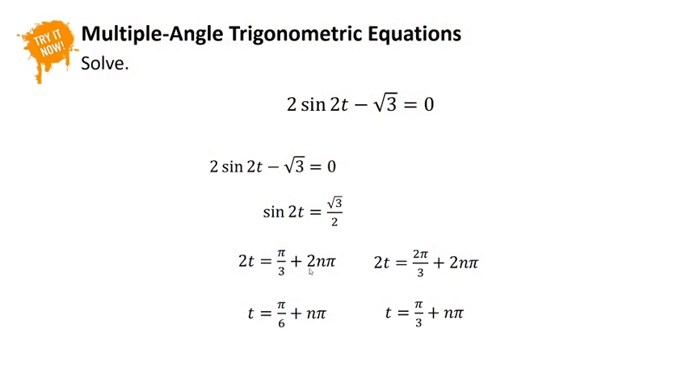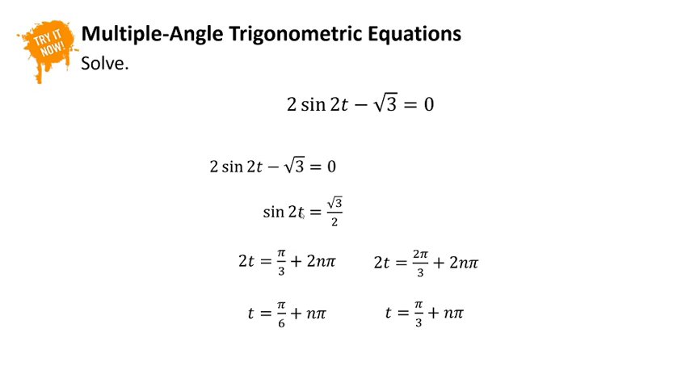Welcome back. Well, this is a pretty similar problem to the one that we did just before here, and so hopefully this is fairly straightforward. You solved the equation here for sine of 2t and got square root of 3 over 2, and so that corresponds to an angle of 60 degrees, or pi over 3,